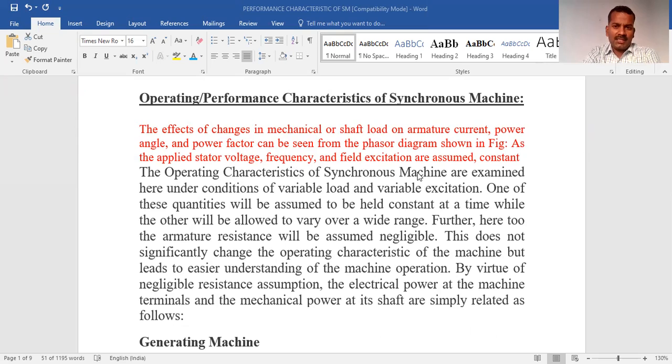The performance characteristic is the variation due to the change in the load, mechanical or shaft load. Now,